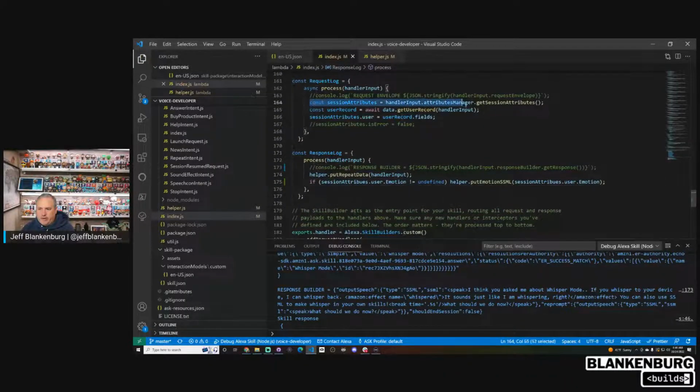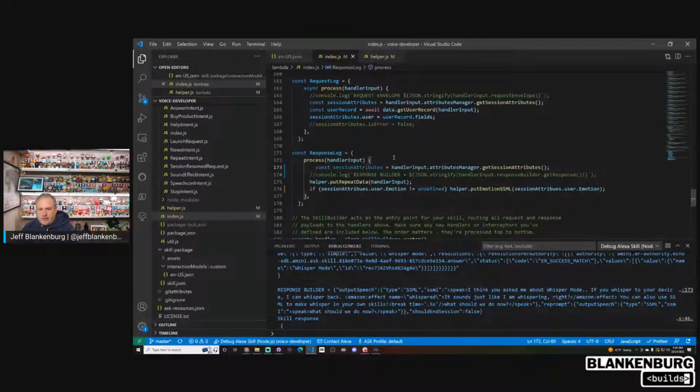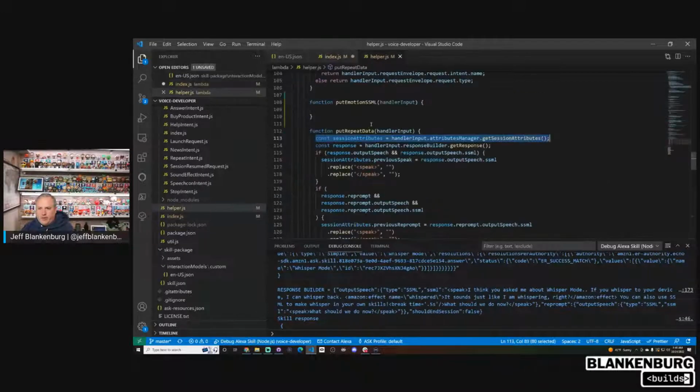And we need this line because I need to be able to check those session attributes. So we're going to drop that bad boy right there. Our if statement, this is still just here for fun. So if the emotion exists, then we're just going to pass the emotion into the function. I think that's better. And then in my helper, we're not going to say handler input. We're going to say emotion,